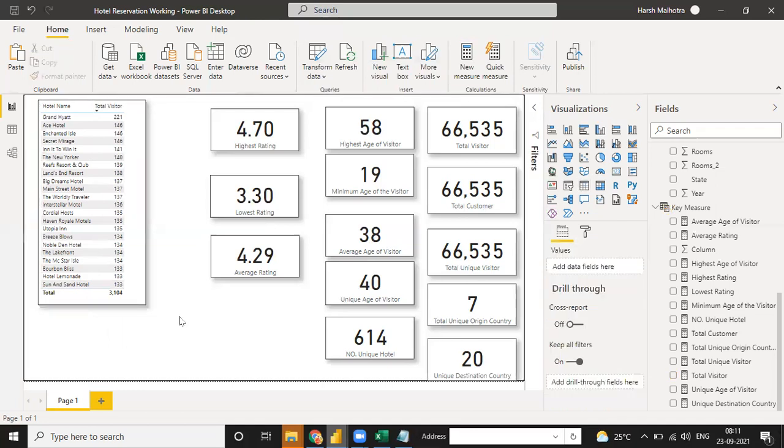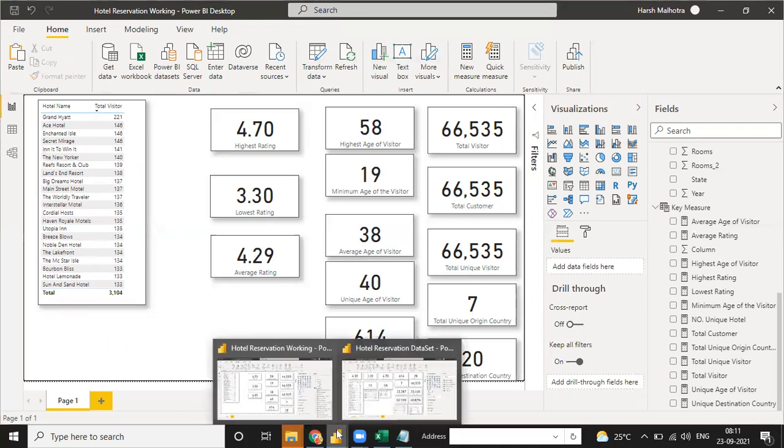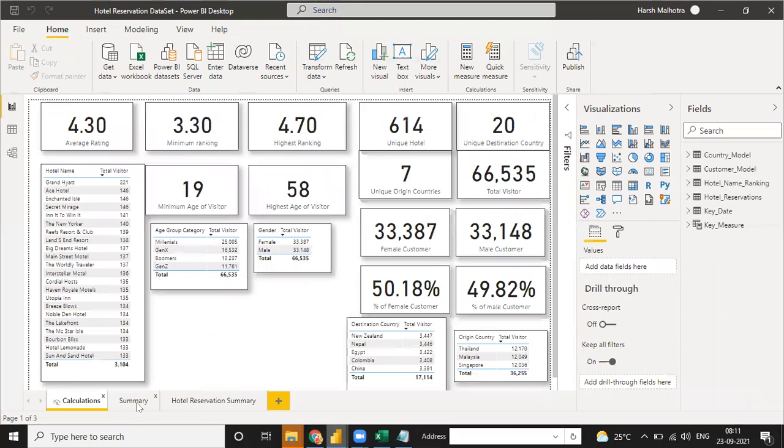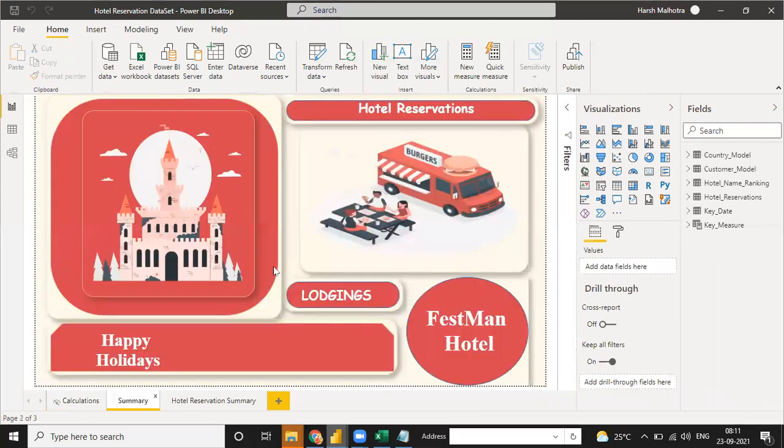So now I think we have to close this. If you have any doubt till now, tomorrow we will do multiple things like all the remaining measures and do the same visualization with you.